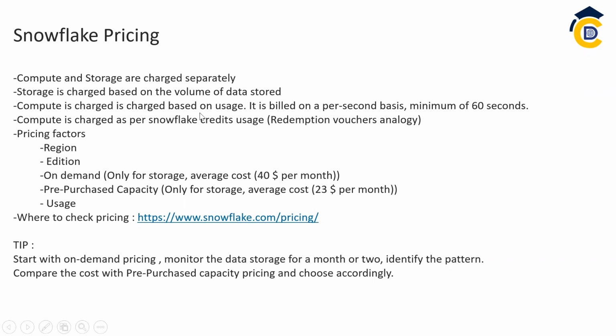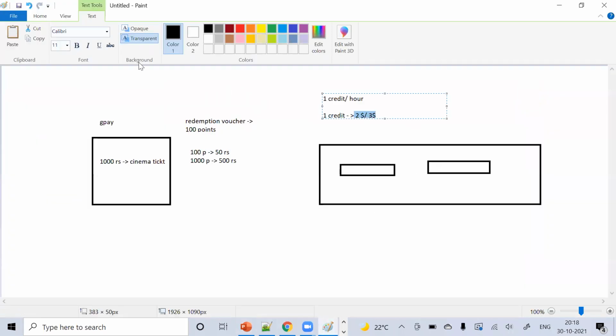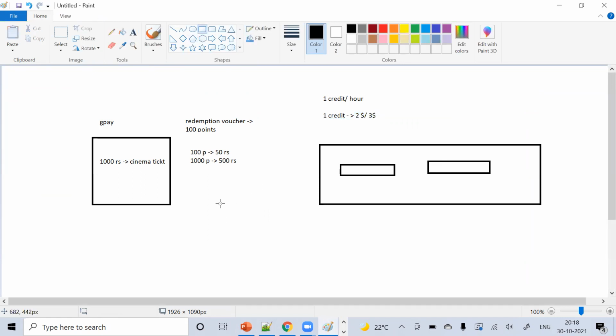So compute is charged based on the usage, obviously. So the amount of usage your warehouses will do, only up to that you will be charged. Once the warehouses are turned off, you will not be charged anything for it. Okay. And how it is charged is, see this. So for example, if we have submitted a query here, this is our query and this is our virtual warehouse. It is given to our virtual warehouse to process it. So how it works is